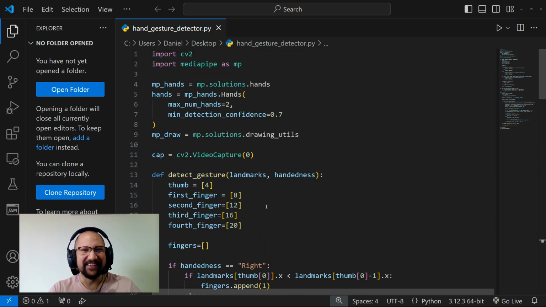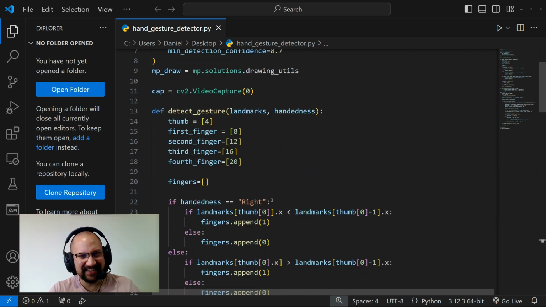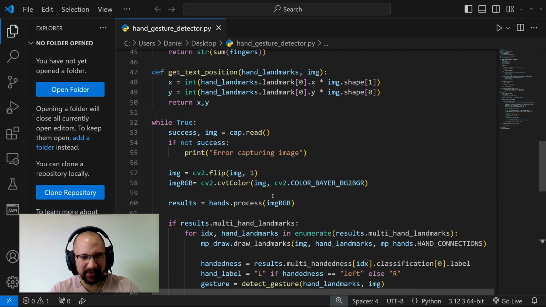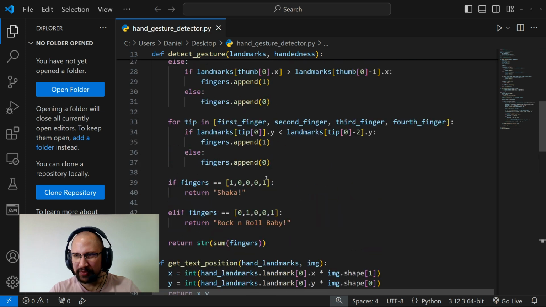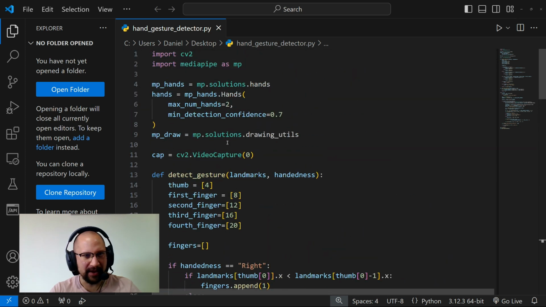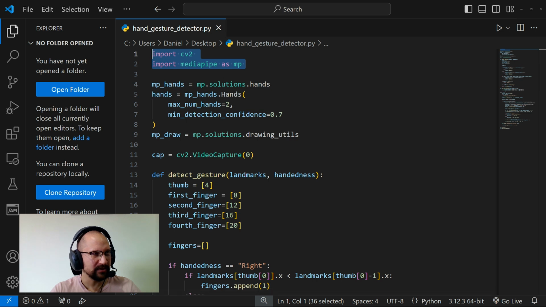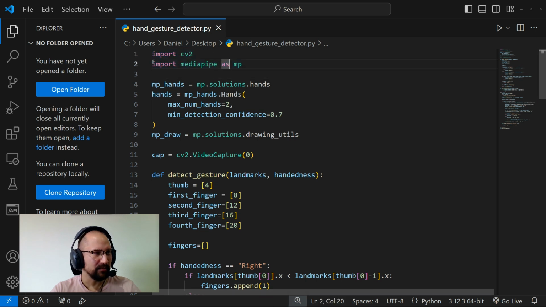Okay, that was very cool. I think we're done with our code, and well, let's check it out. As I told you, I have at this part the imports for our code. We are using OpenCV for all the video processing and Mediapipe to do